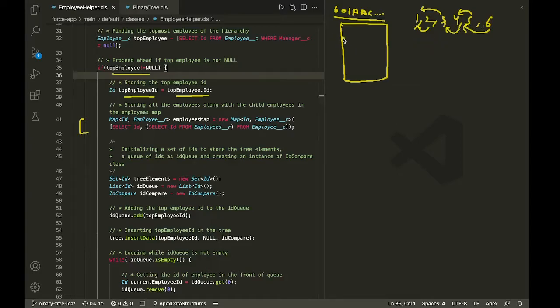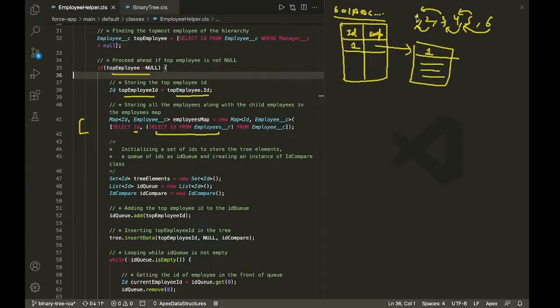So what I'm going to do is create a table here because this is a map, and in a map we have first of all the ID, and here we have the employee record. For ID number 1, I'm going to have the employee record for employee 1, which is a record in which I have the ID of the employee. So I'm querying the ID of the employee and all the other employees that are reporting to this particular employee. First of all, I have the ID of the employee, which is 1, and we have all the employees that are reporting to this employee.